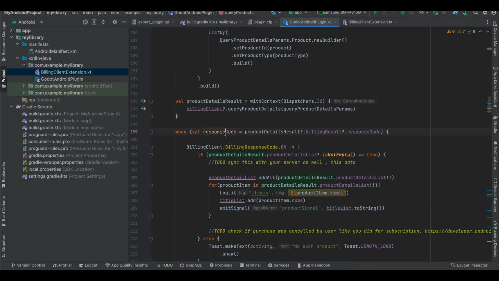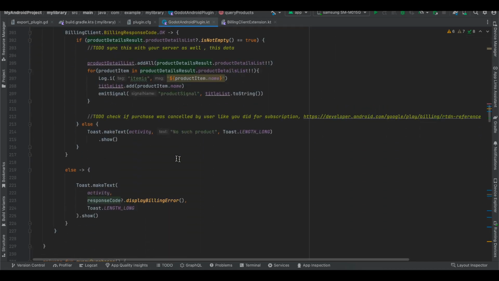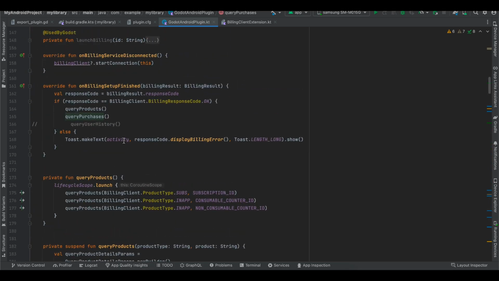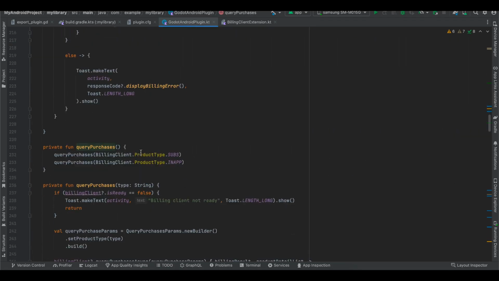Next, if something goes wrong, I am just displaying a toast message, but you should handle the error message in a better way. Okay, same over here as well. Next, there is something called query purchase as well, which you can see I'm calling over here. So query purchase, when it is called, suppose a user has purchased a product, and as soon as